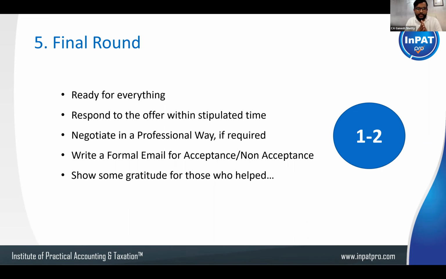Read that email carefully. Negotiate in a professional way if you want. If you think the salary offered is 18,000 or 20,000, and you are expecting more, like 22,000, you can justify the job as well as that you need that money. You can talk to HR or whoever sent that offer letter. Genuinely say, sir, I'm very happy that you have given this offer. I'm grateful to you.